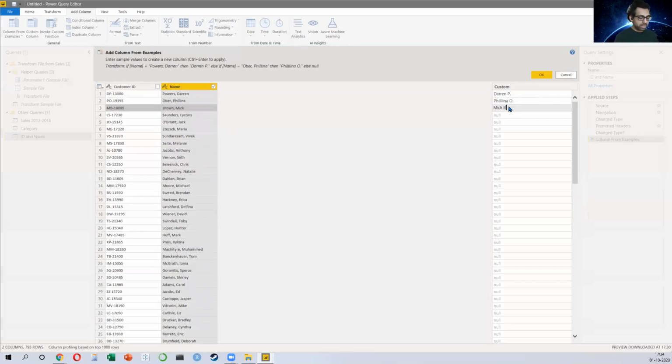If I say Make B, and if I say Lycoris S, if you notice carefully, you would see that at the top, it is creating an if statement. So it is creating multiple ifs. But that is not what I want. Because just think about it, every time I do that, it will keep on making multiple ifs, but I'm not getting the logic that I wanted.